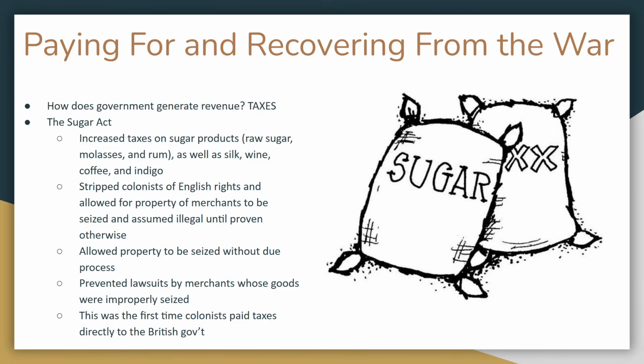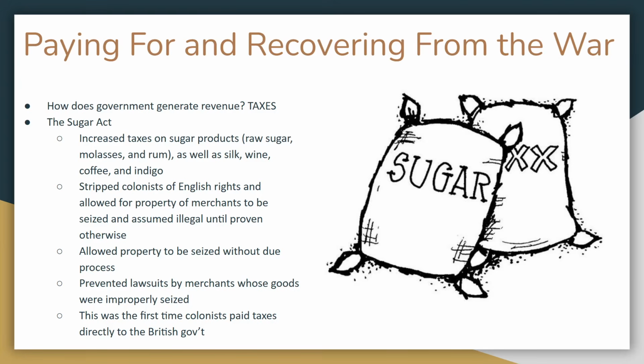Now, the problem with this is, as seen by the colonists, it's stripping their rights as English people. Because now that there's a tax on these products, the government can search and seize property, any property, but what we are mostly caring about is merchants because a lot of this is toward the seafaring folk. That is how everything's getting done. Triangular trade, keep that in mind. Everything's getting done by ship. So that's a lot of what we're going to focus on.